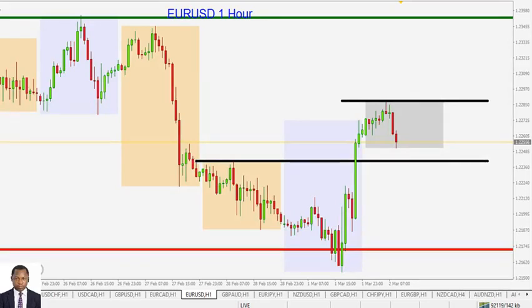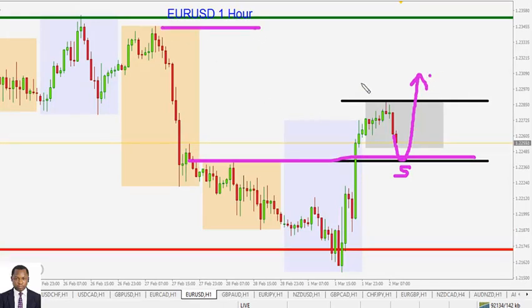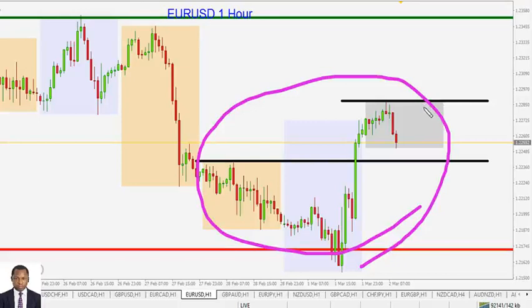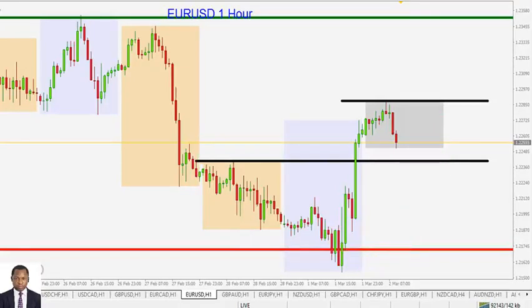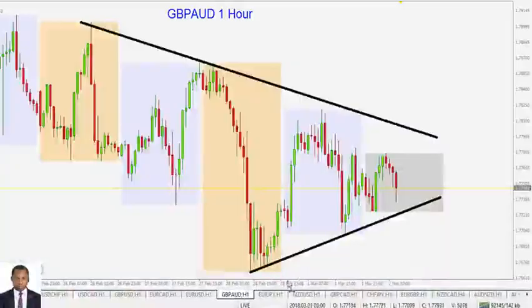Price is trading between support and resistance. This is the next support zone. If we are to follow the market flow, I think price should be pushing to the upside for today. My recommendation is to stay more bullish on the euro against the American dollar for today. Although the setup is not really solid enough for us, it is not looking that solid, so we will not be trading here. I think that's basically all.